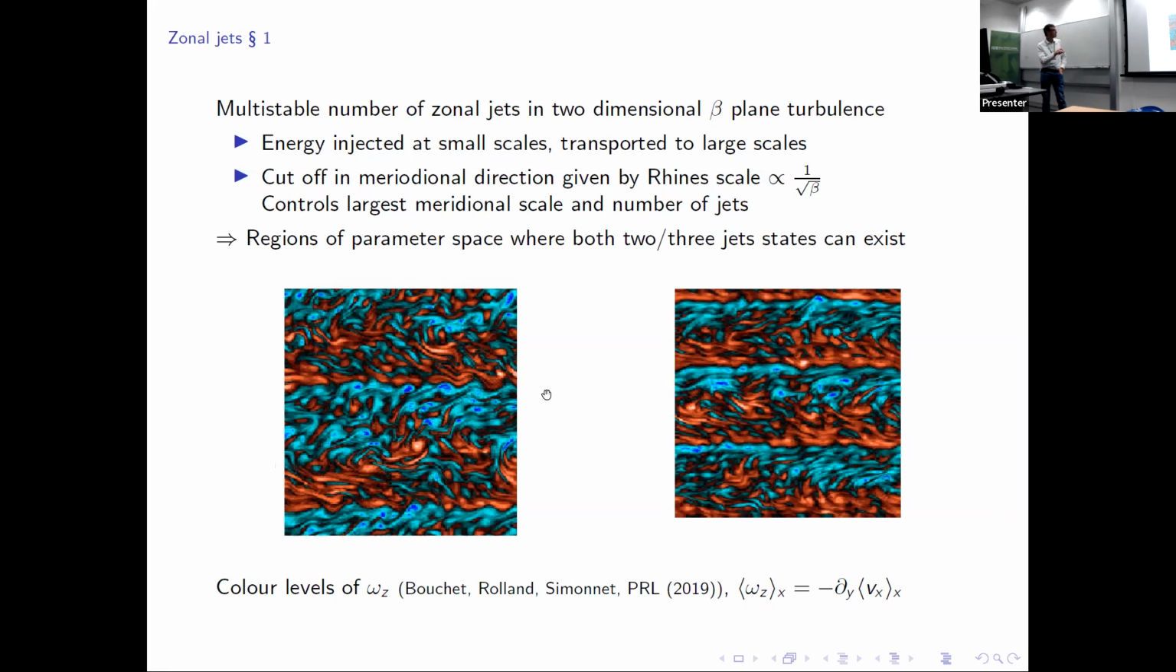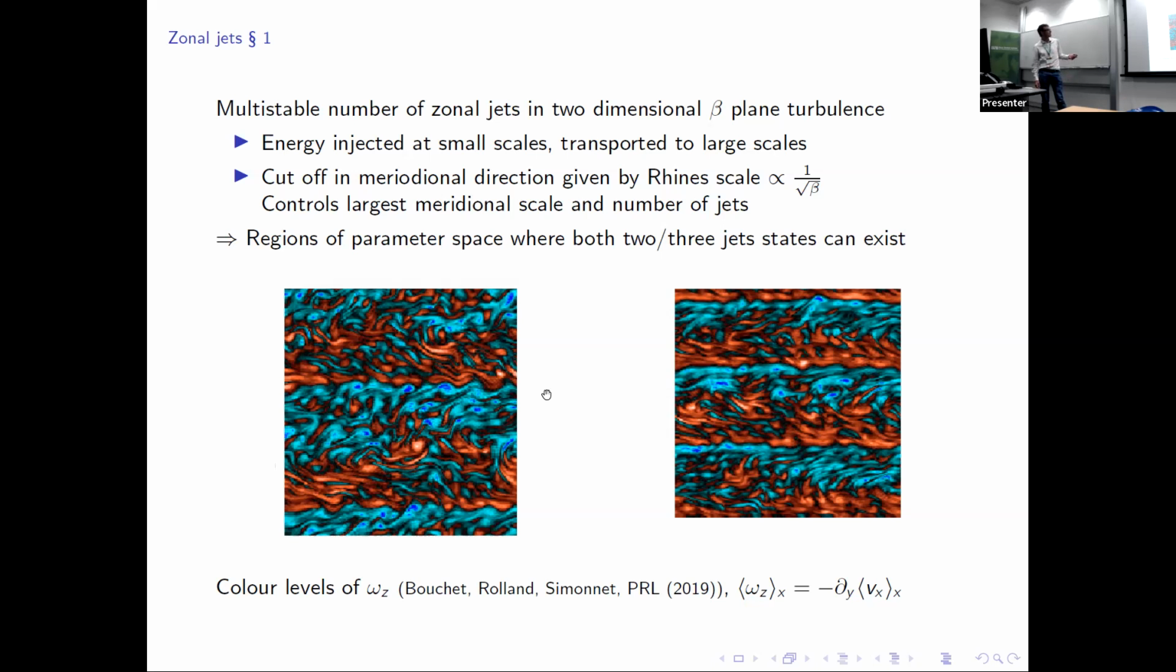So here this is visualized in these two pictures with color levels of the vertical vorticity. And from this, you can reconstruct the zonal velocity. And what happens is that as you vary beta, you're going to end up with basically a region of bistability where you can have several jet sizes which are allowed, which is illustrated by these two color levels. And actually, when you simulate the flow and let it evolve, you will have a jump from, for instance, this 2-jet state to this